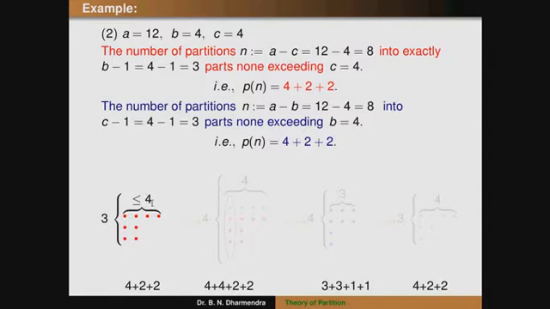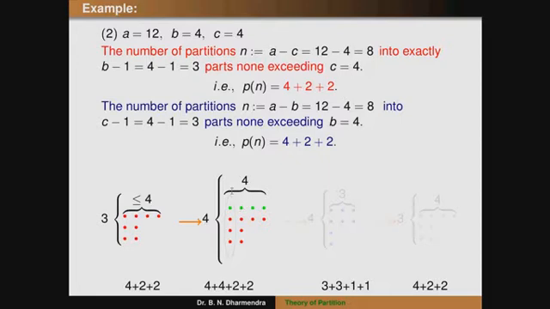The next step is we can add a new row, which is called c. What is c? C is 4 here. We can observe that the remaining terms are the same nodes, 4 plus 2 plus 2. We can add that row, that is 4. So here there were 3 rows, and now 4 rows. Here 4 rows means that is b.